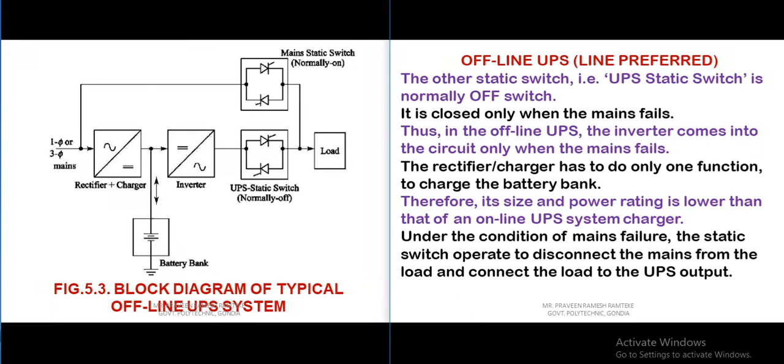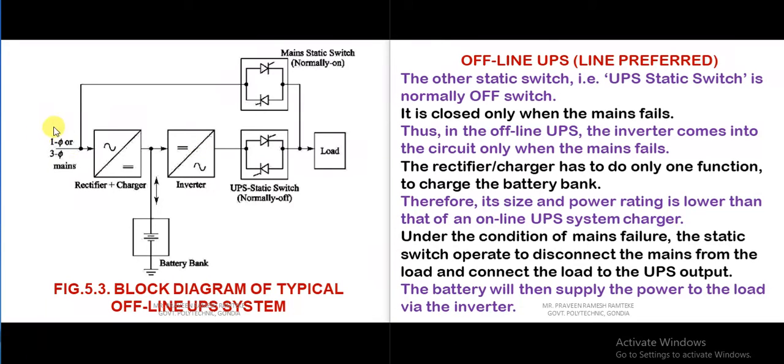Now, when the mains are disconnected properly, the battery will then supply the power to the inverter, and hence the output of the inverter is fed to the load. That is, the battery will then supply the power to the load. This battery is going to supply power to the load